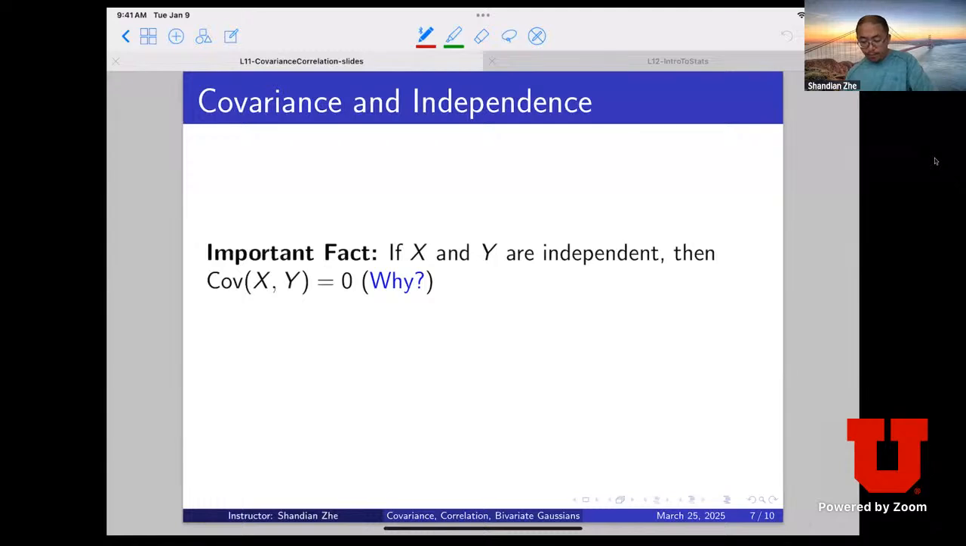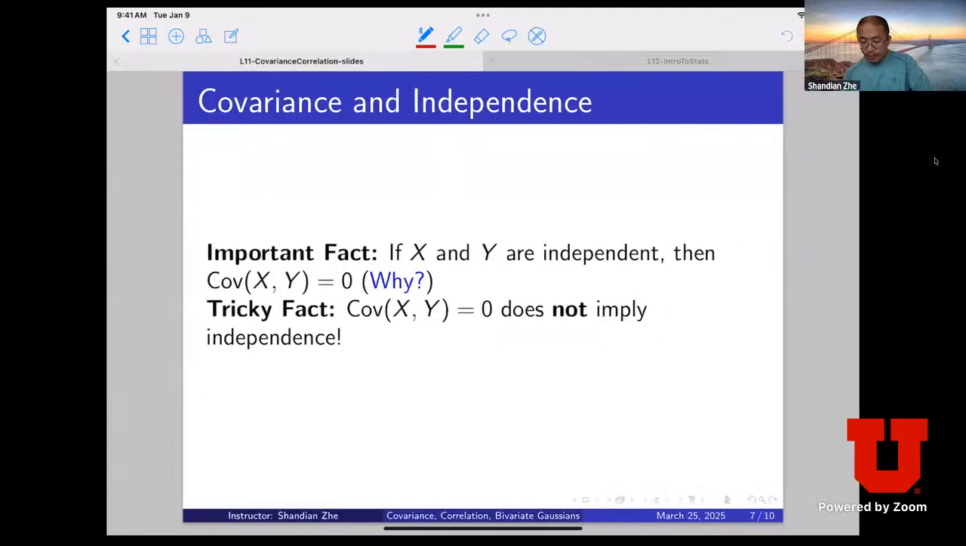Okay, so now we are showing an important fact. If two random variables x and y are independent, then the covariance between x and y is 0, right? This can be directly proved through the definition of the covariance. I'm showing that. Right? But now,